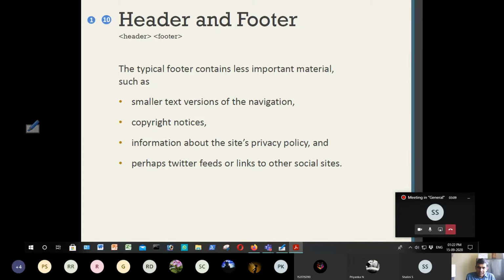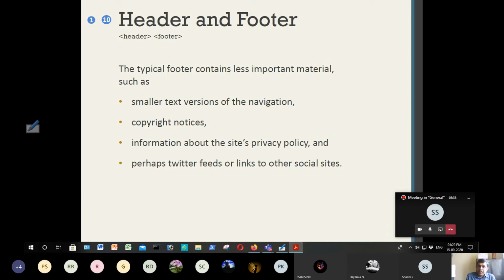How will a document have a header and a footer? How do you create the header and footer? The header and footer are actually not the original content of a web page. So how can a search engine, for search engine optimization, know which part of the web page is a header and which is a footer?